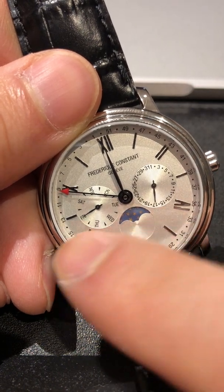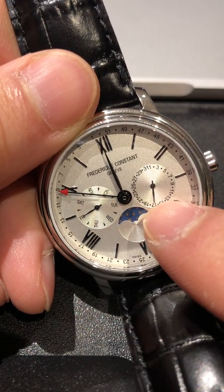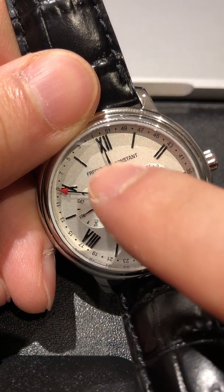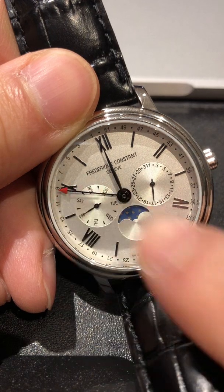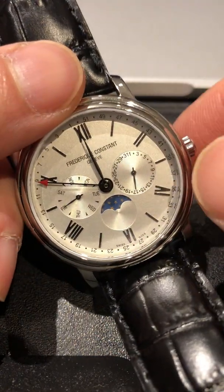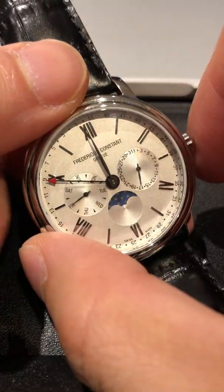So we got the new moon, Friday. This needs to be on the 26th. And keep in mind, the hour hand is between 10 p.m. and 5 a.m. right now. So I'm not supposed to press the pushers. Okay, that would damage the watch. So what I'm going to do is I'm going to